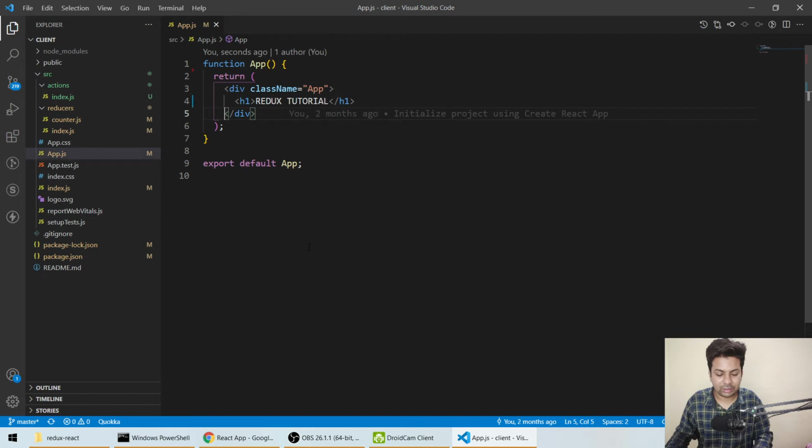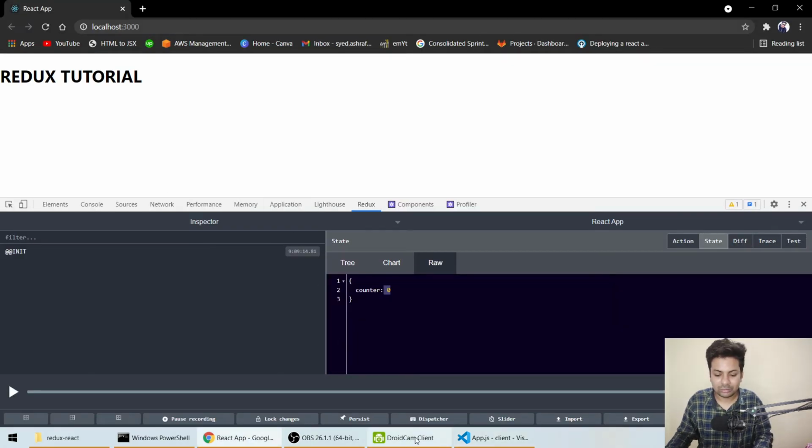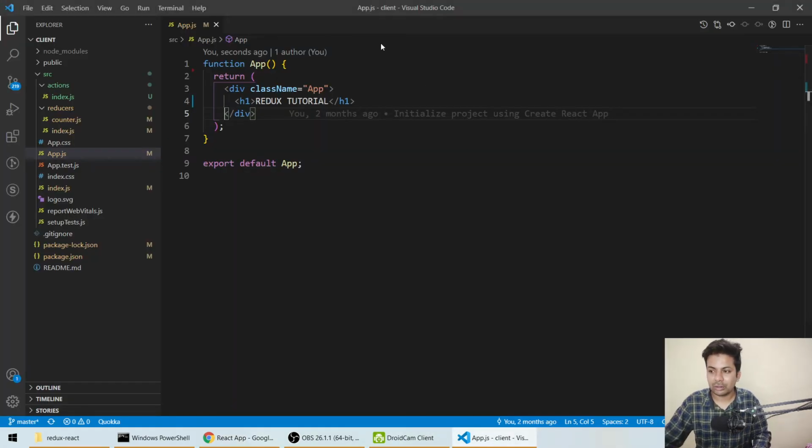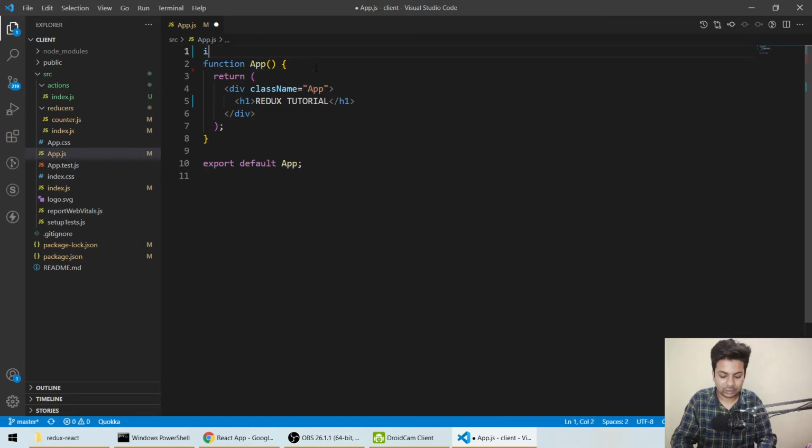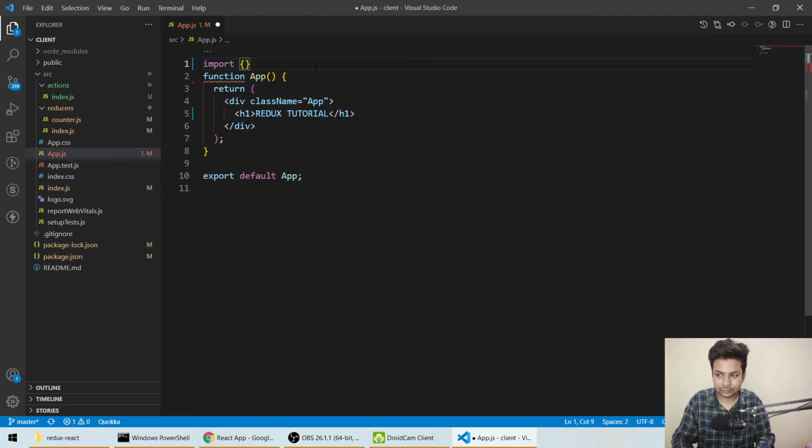Yeah, so Redux tutorial. Okay, let's start. For now we have to import a few things. Firstly, we'll import useSelector. That's why I hate autocomplete sometimes. Then we'll use dispatch.